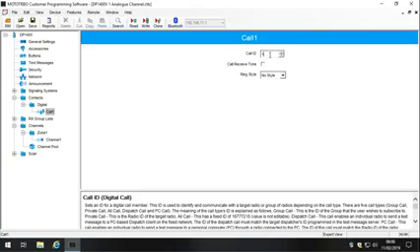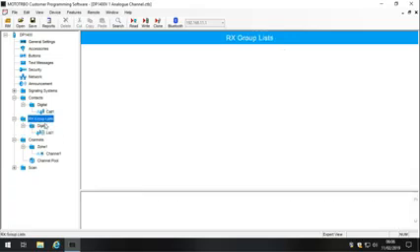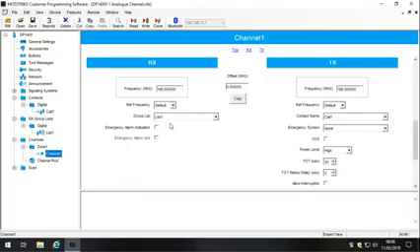You can put it as 101, but the fact is that as long as every single radio is sending the same DMR ID, and they're set to receive, which I'll touch on in just a minute, the same DMR group, then everybody will be able to talk to each other. So here we go to the RX group list, and you'll notice if we just jump back to the channel,